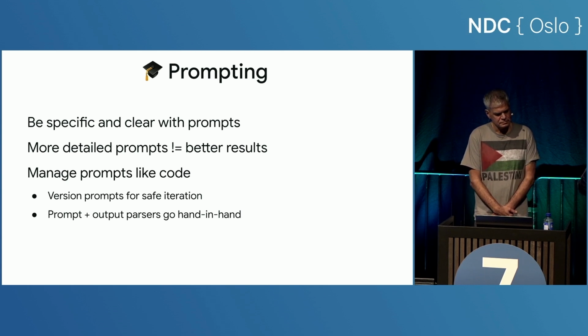Because as you iterate on your prompts, you probably want to version them so you can keep track. But then, as the prompts change, how you parse the output will also change. So it's good to have the same kind of versioning in your code as well, so that when you change your prompt, you know how to parse it, because it will change depending on the prompt. So I just want to make sure that we cover that, because it will save you a lot of frustration when you're iterating on your prompts.